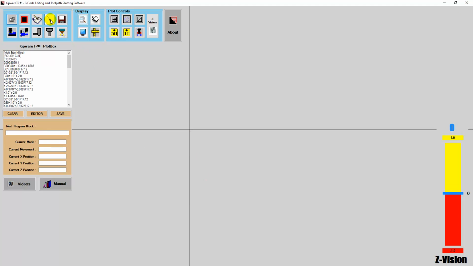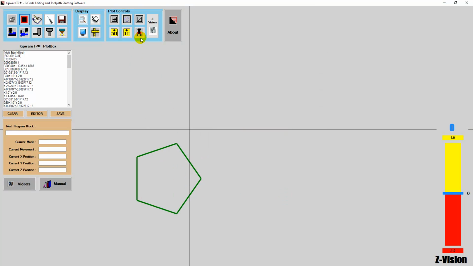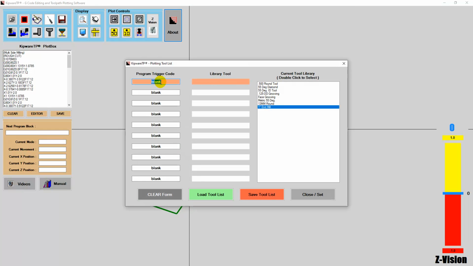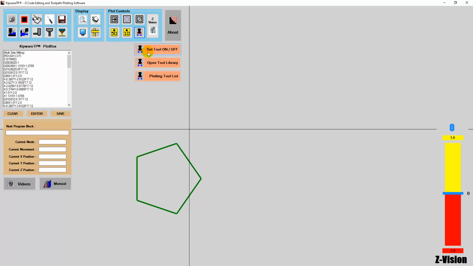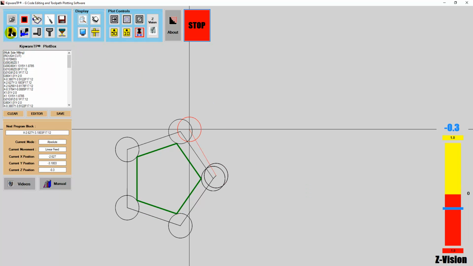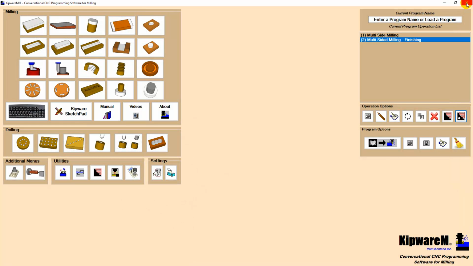Now we can bring in a DXF model of the finished part. We can define our 1-inch and a 1/2-inch end mills, and plot both the roughing and finishing tool paths over the stock model. As you can see, creating the shape for the pentagon was super quick and easy, but we have more powerful